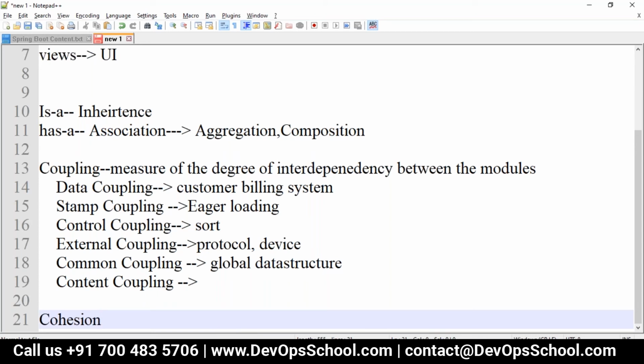When we write it, we will write what the data is, what the coupling type is, and what the level of coupling is.